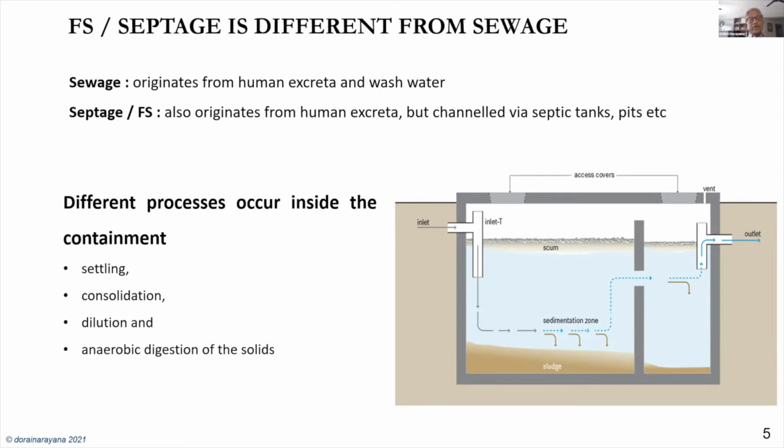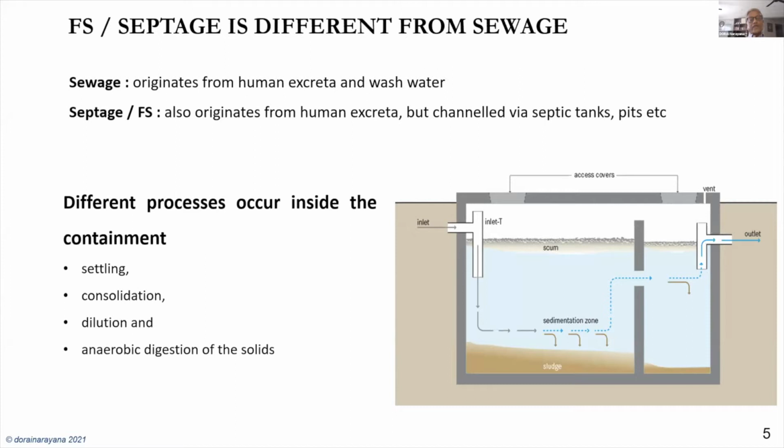When we look at this containment, this is a proper septic tank, which could be watertight, but you could also have a septic tank which does not have a proper bottom. So you can have gray water or groundwater seeping in, or you could have the water from the containment itself seeping out continuously. Depending on the type of containment, the sludge settlement and the processes vary, and that is what makes the fecal sludge different.